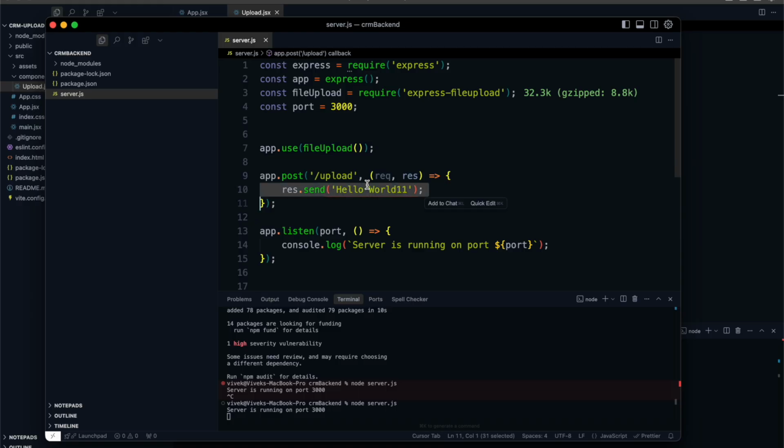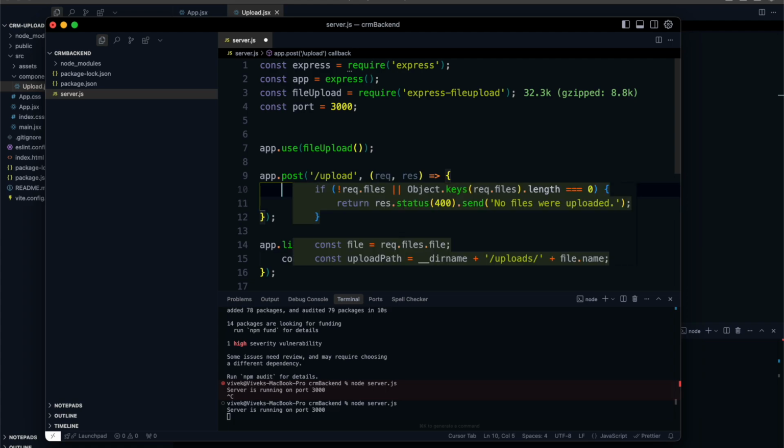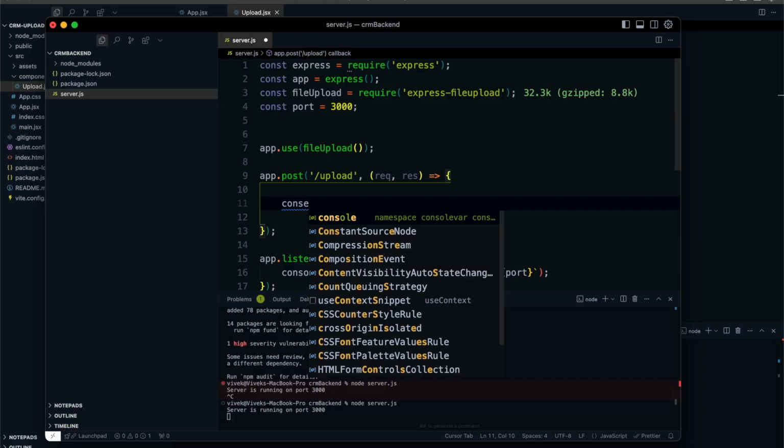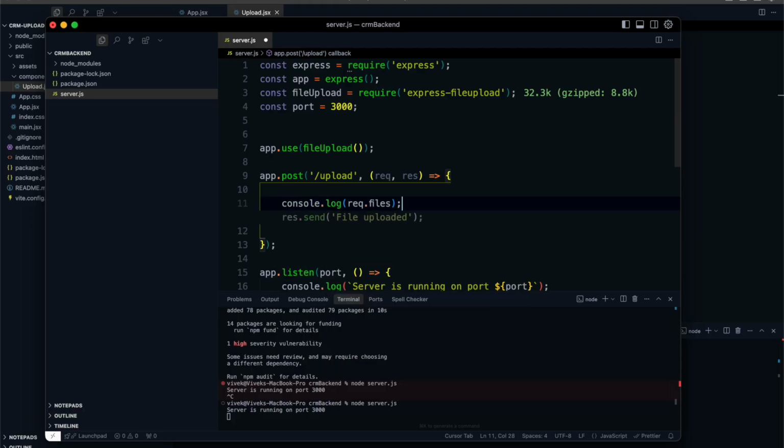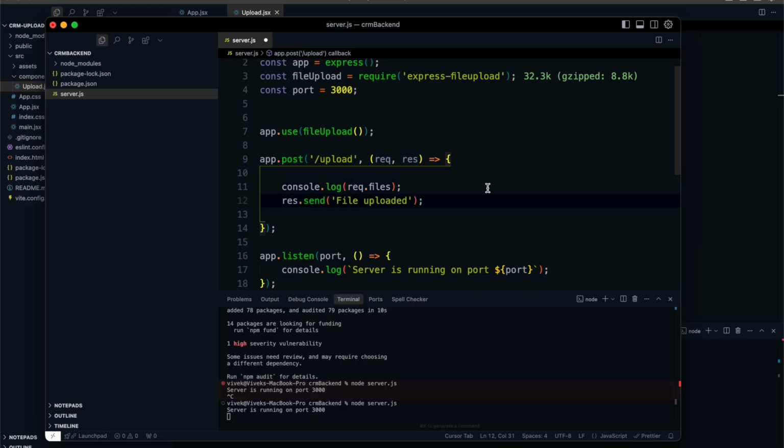Now first of all, when I get the response, I actually want to do a couple of things. I'll just say console.log requested files, and then I'll just say file uploaded. Okay,